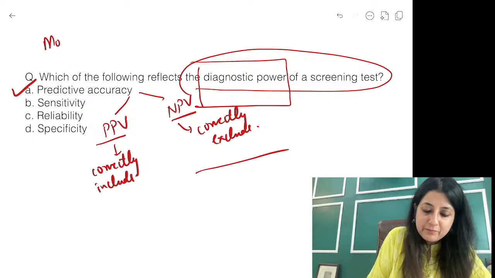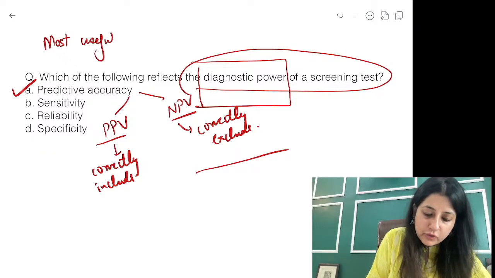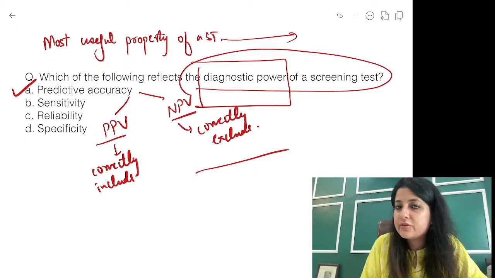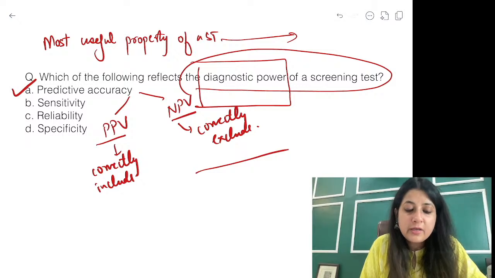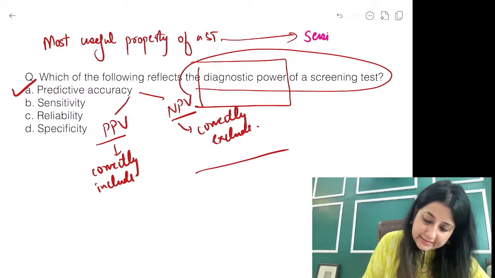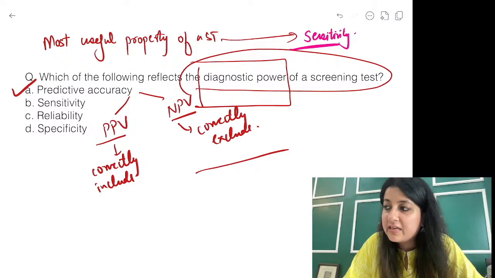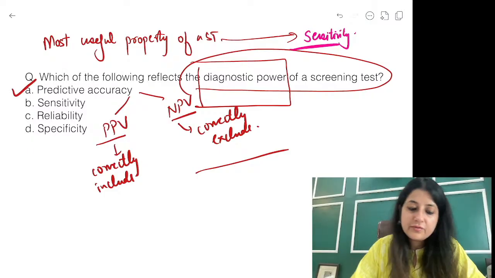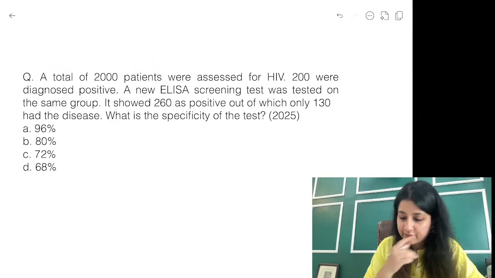All these are one-liners, and can also turn up in your exams. But अगर कोई आपसे एग्जाम में पूछ ले most useful property of a screening test, आंसर क्या होगा? What are you going to mark then in the comment section quickly? Most useful property of a screening test क्या होता है? Sensitivity. Alright, the most useful property of a screening test is sensitivity. We should not miss out people who are developing the disease. But the diagnostic power of a screening test is always reflected by predictive factors.